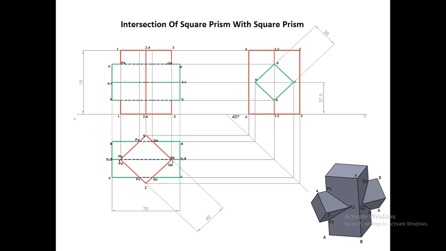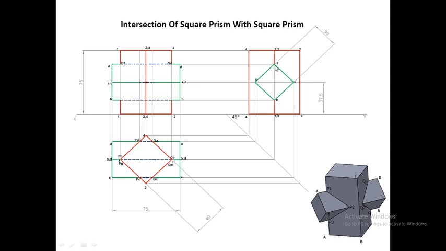Okay, before that we have marked points PD and QD. Now PB and PD had been projected by this vertical projection line. Similarly, QB and QD have also been projected by this vertical line. So on this line we will mark point B and point D, as well as on this line we have to mark point D and point P.